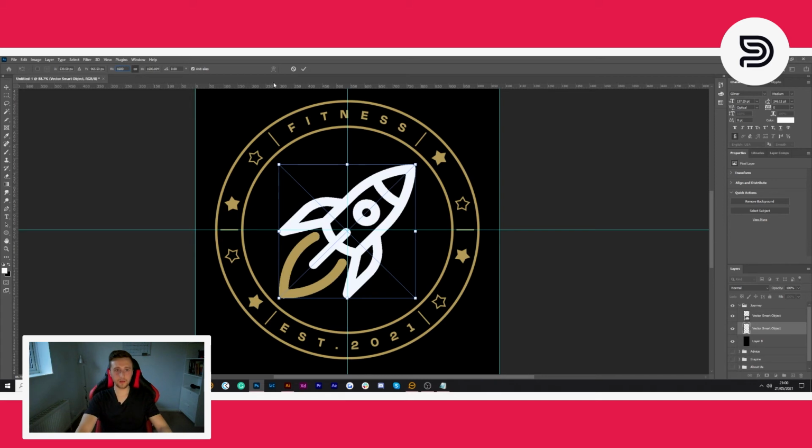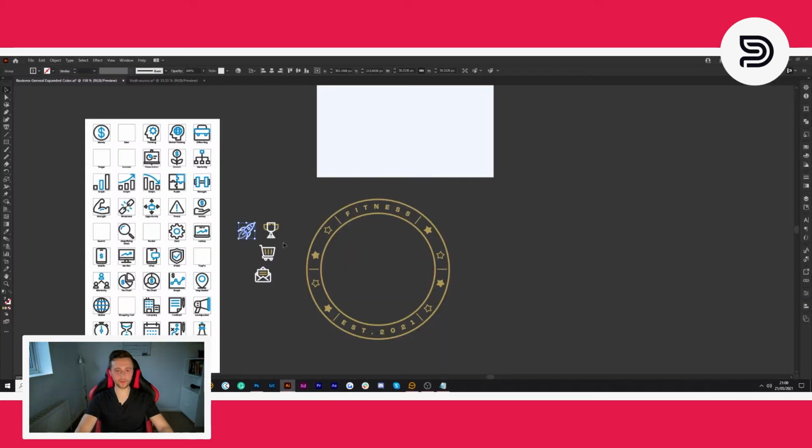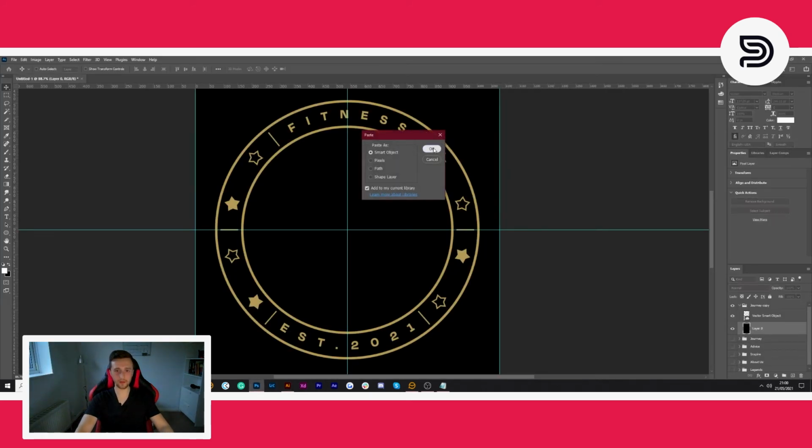Get rid of this icon, bring in the next one, 1600. That one's a bit tight, but it's all good. I don't mind that too much. Centralize it, enter, and then we've got that one sorted. So Ctrl and J to duplicate it again, hide the one behind it, get rid of the icon, and then which ones we got left now? So we've got Motivate, New Drops, and Contact. So we're going to bring in this next one,